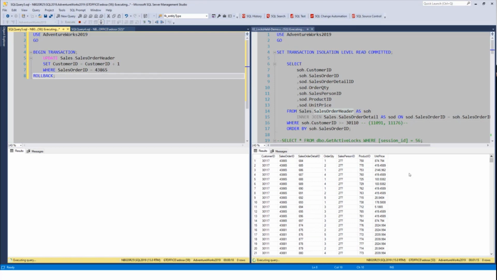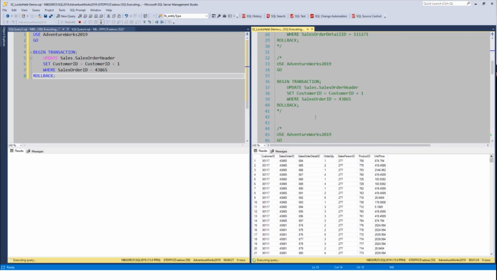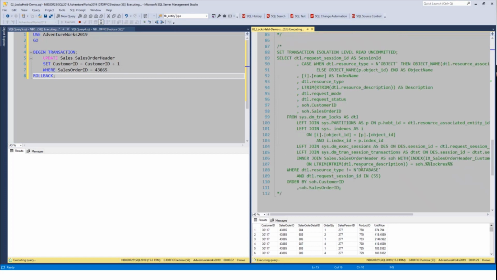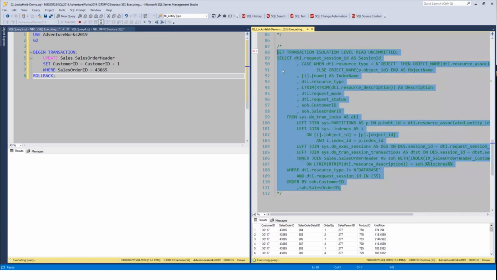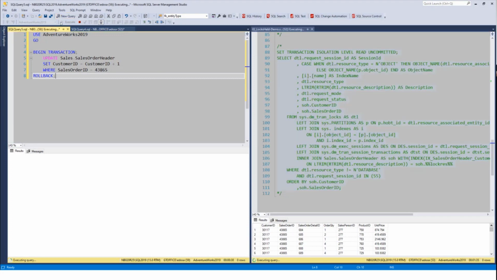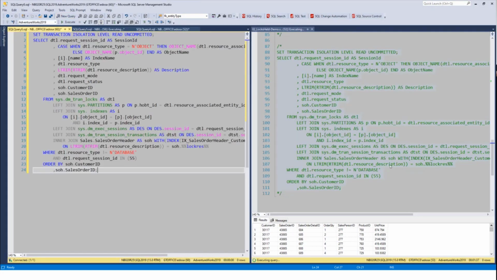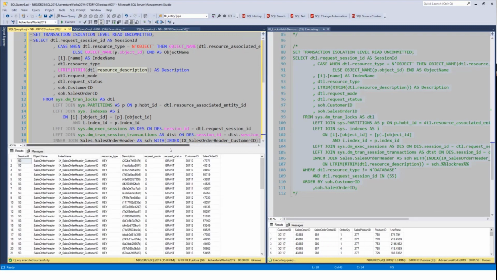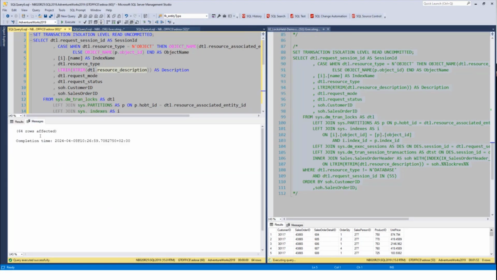So it seems like there is another session, or there is another lock being held on the beginning of my query. So what I'm going to do, I'm going to check if there are really any locks being held. I'm going to open another session, and this is session ID 53. And I'm going to check the locks being held. And as you can see, there are 64 rows being held on this